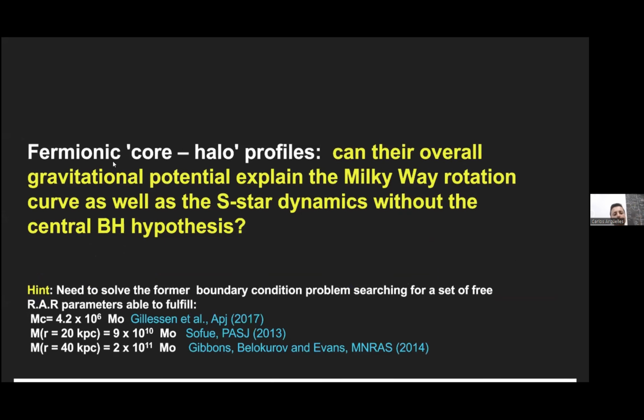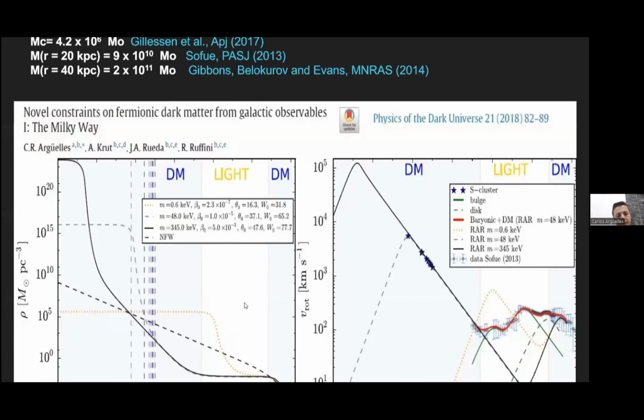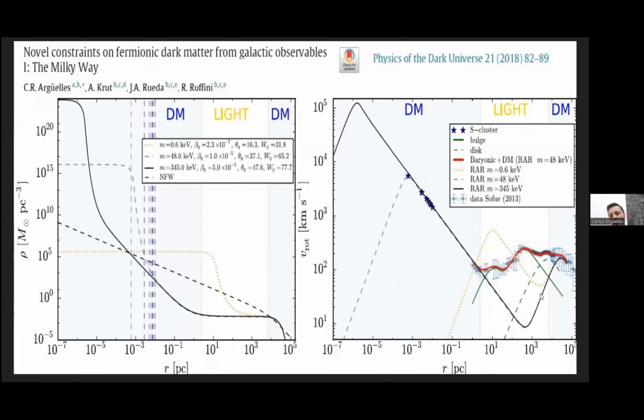So we find a family of solutions which are of the form we showed before, but now specifically for the rotation curve data of the Milky Way, as you see here in the picture on the right. So the dark matter behavior of these fermions can account for these observations, but increases with this quantum core towards the center, such that they also fulfill the average circular velocity of these best resolved S-stars. And it can be done for solutions which go for a particle mass of roughly 50 keV,